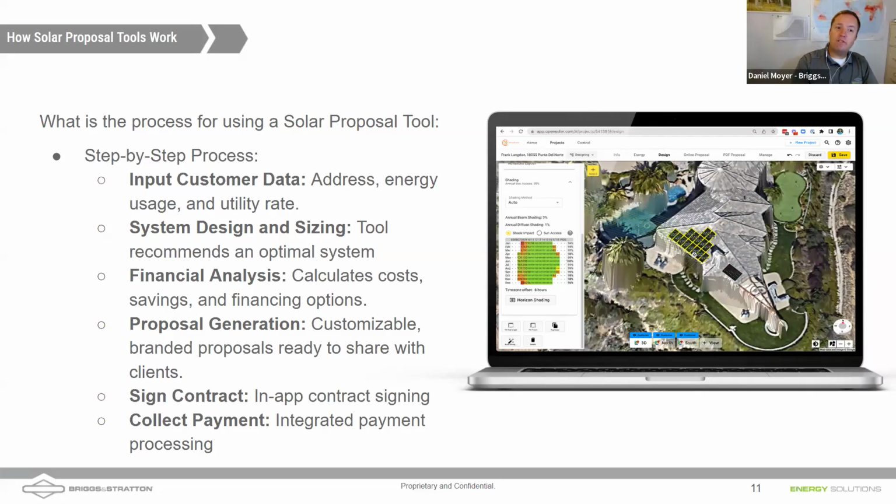Right, so the system and design. We enter the information and start to model this out, put panels on the roof, and set the size, and then it will recommend that. And I know you guys have a battery selection tool as well. It's then going to kick out a financial analysis that calculates the cost, the savings, and more importantly, Andrew, being able to integrate financing. Any time we're sitting with the homeowner, we always want to present not only a cash option, but also